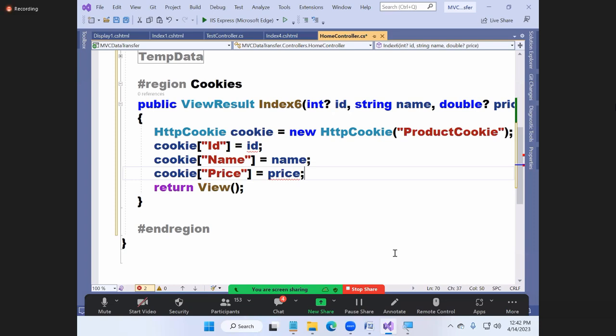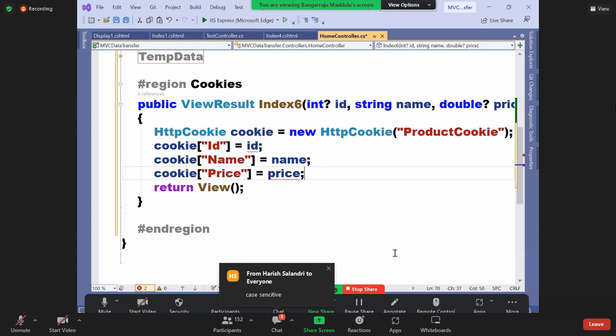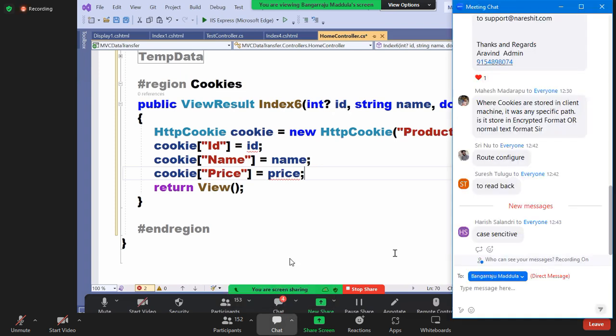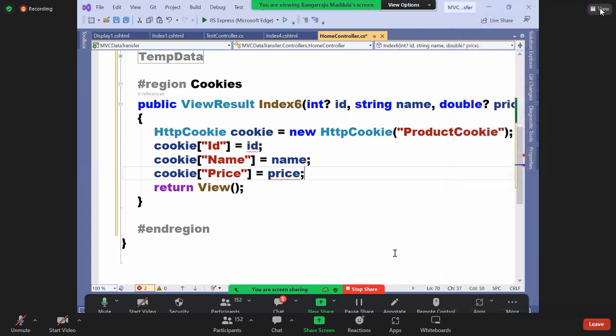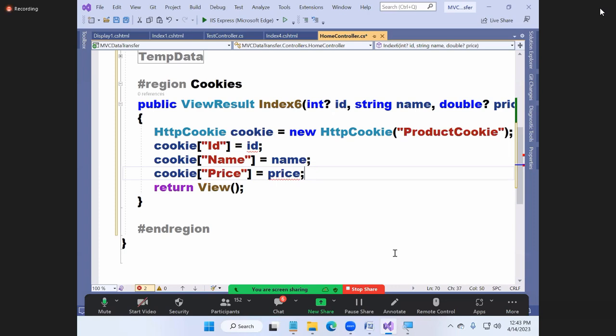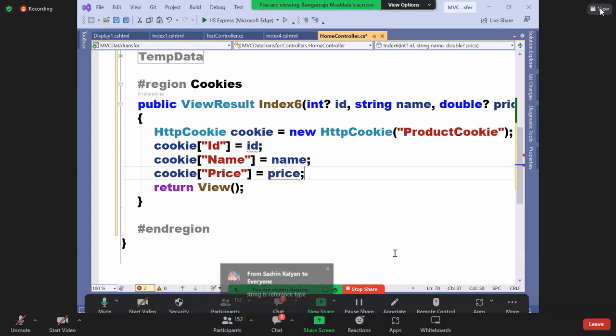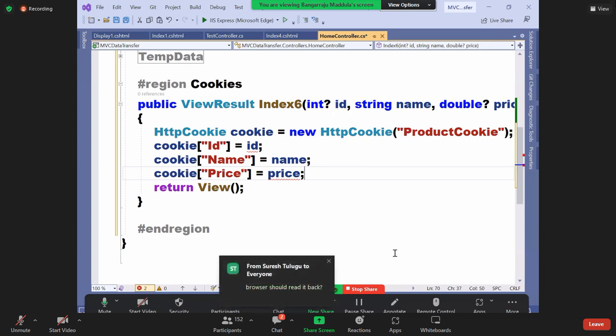Why are you thinking about null here? Ignore that. Forget about null. Listen here. When I explained about ViewData and TempData, what did I say? Why are you talking about conversion? Understand the concept first. When you are accessing, you convert it. That is okay. But in storing there, I did not get an error. Here, why am I getting it? That is the question.